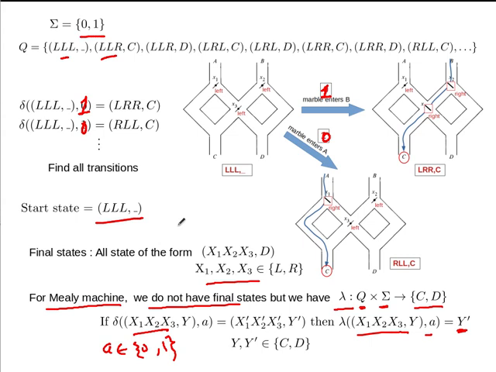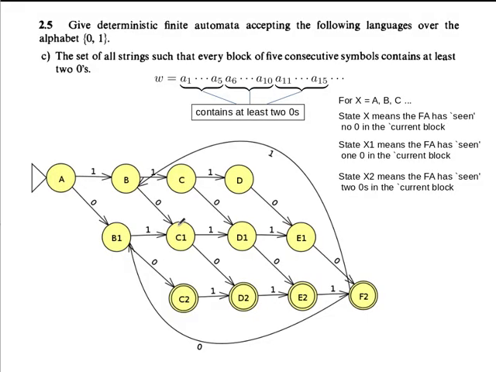Okay, so let's go to the next problem. So again, it's asking you to construct a deterministic finite automaton. So it's a DFA, over this input alphabet 0, 1. Okay. And what is the language? The language is such that,